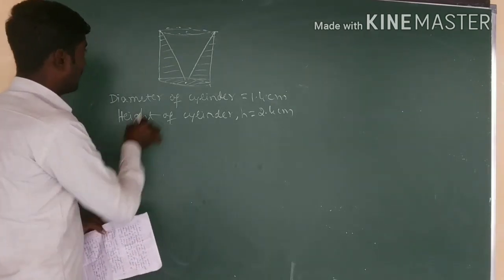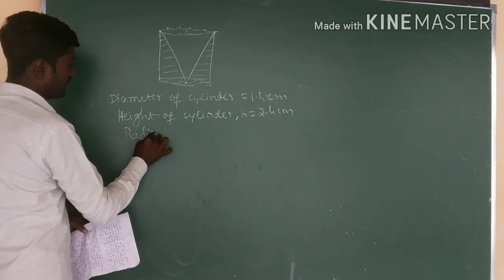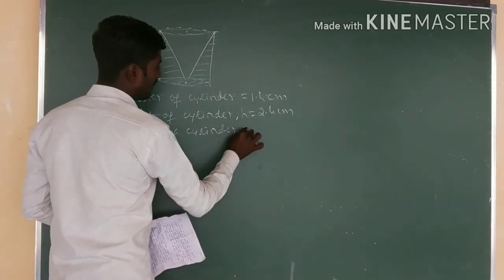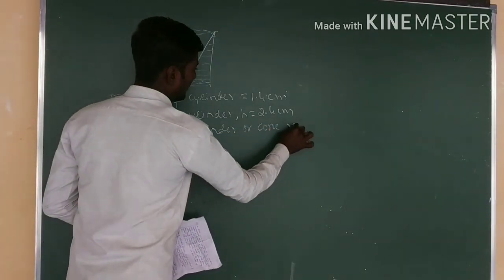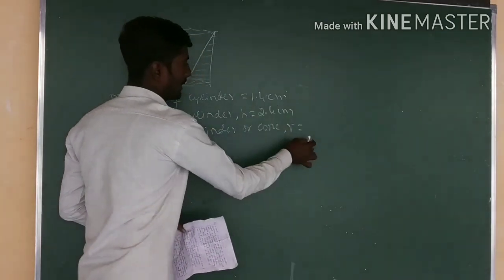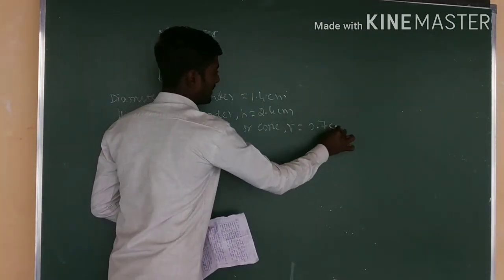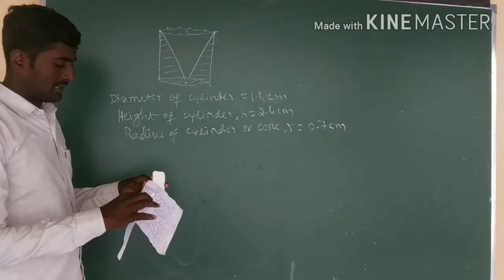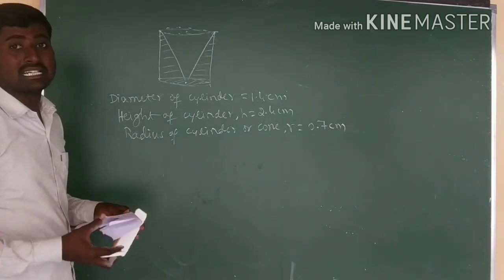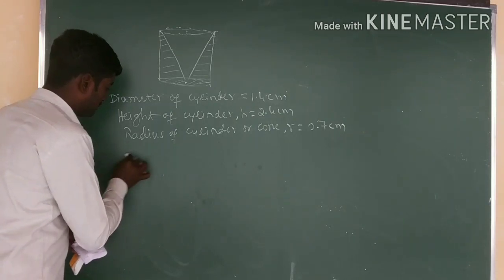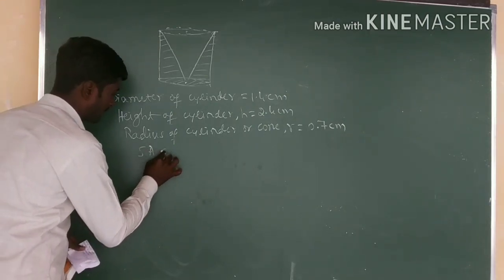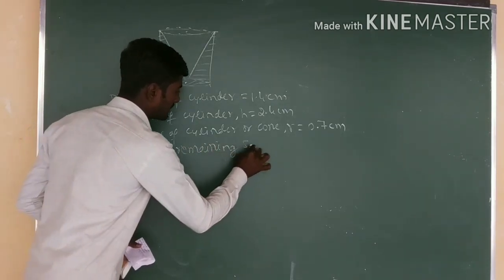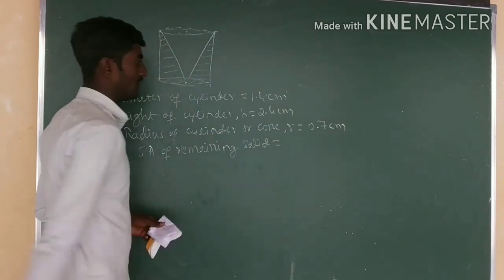So here first I will write the radius of cylinder. The radius of cylinder or cone, both are the same here, so I will take it as R. That is 1.4 divided by 2, that is 0.7 centimeter. Diameter by 2 it is. And now we have to find the remaining area, to the nearest centimeter square. So surface area of remaining solid